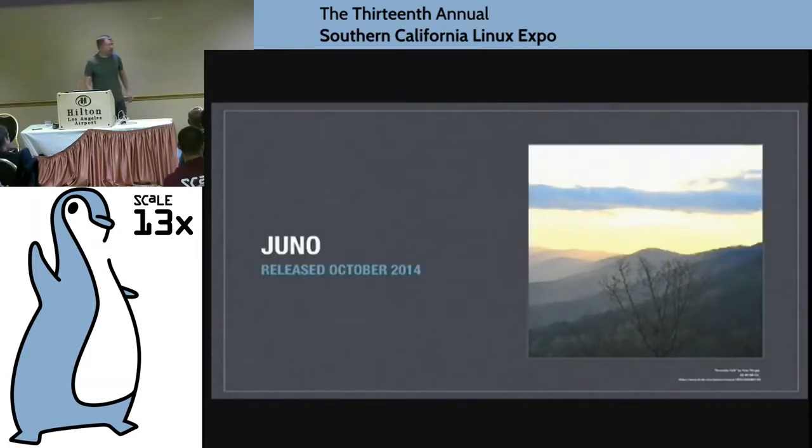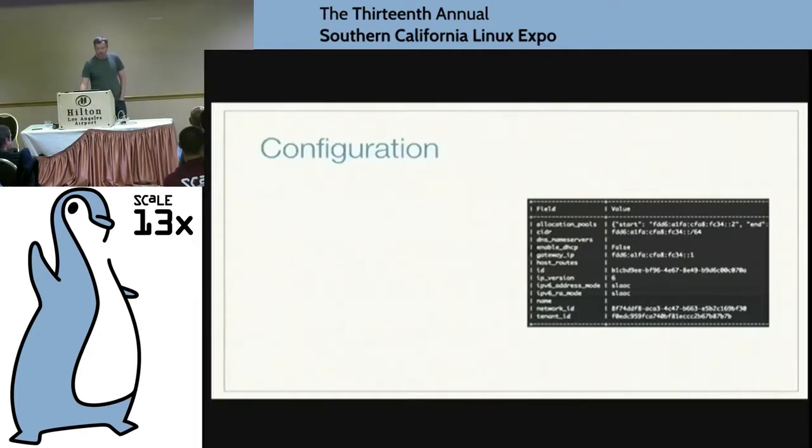So when we talk about Juno, because like I said, we made lots of enhancements. It was released last October. One of the bigger changes we made is in terms of configuration. We wanted to support the three options that you would find in a real-world deployment. Even though this is the cloud, your tenants are setting up logical networks, logical deployments. We wanted to make sure we match those. So the main difference, if you're familiar with OpenStack, is we introduced a couple of new attributes, which is IPv6 address mode and IPv6 RA mode.